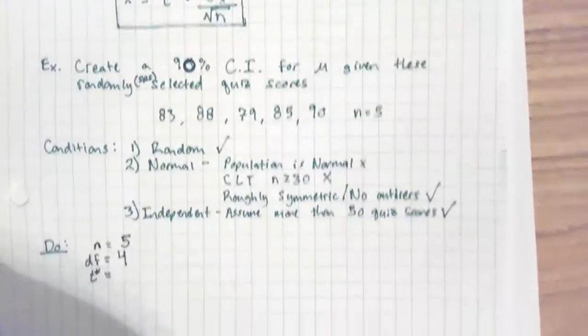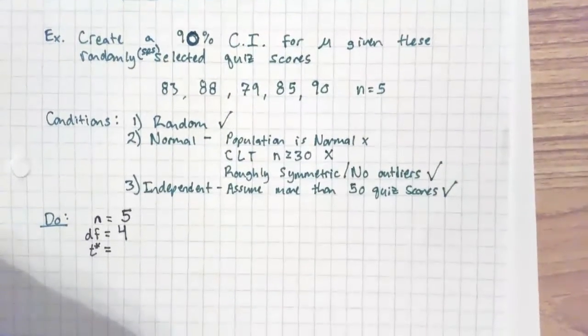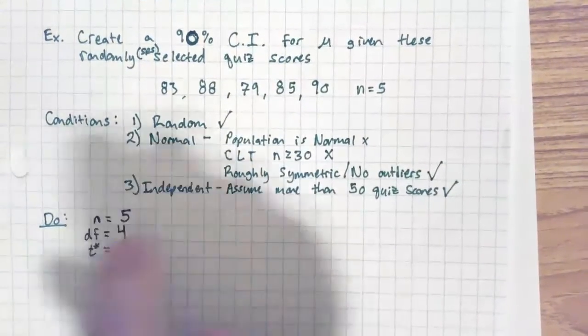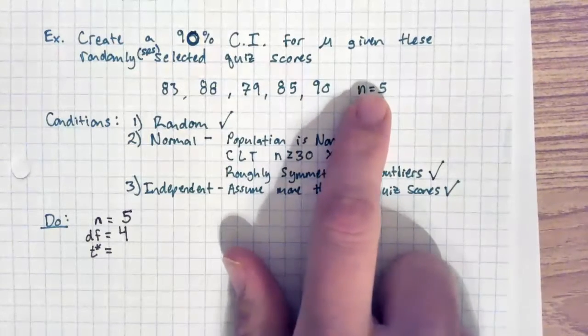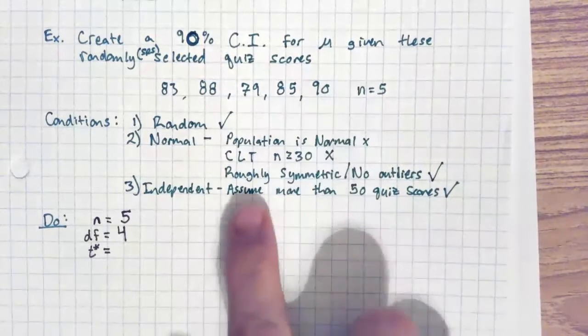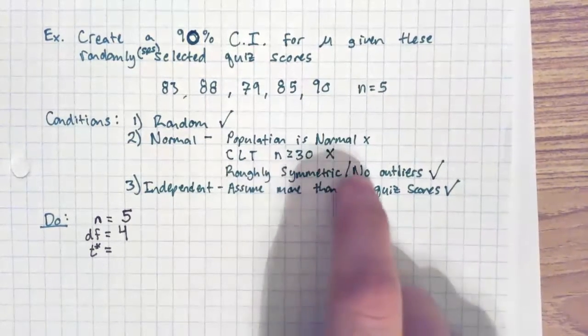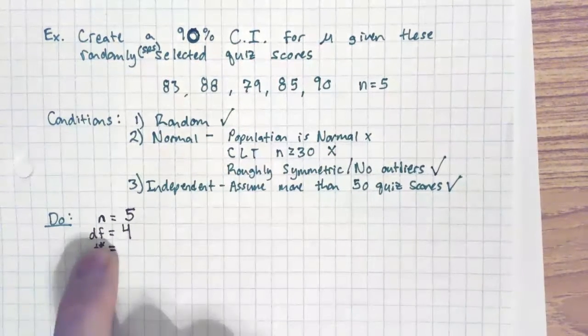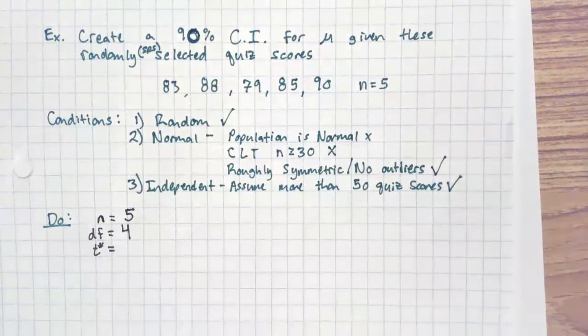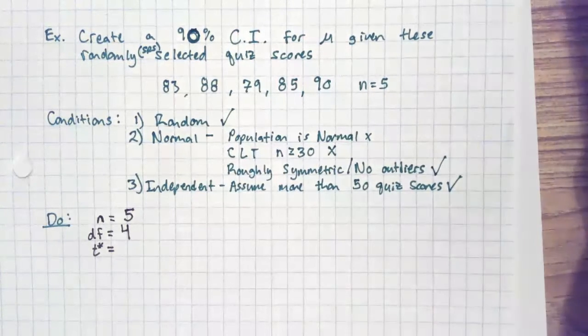We did a lot in this example problem already. We checked all three conditions and saw that even though the sample size was really small, we were still able to do inference. We're still able to create a t-interval because the sample data is roughly symmetric and there are no obvious outliers. On the do step for the actual calculations, we established that since the sample size is 5, there are 4 degrees of freedom, and the critical t-value